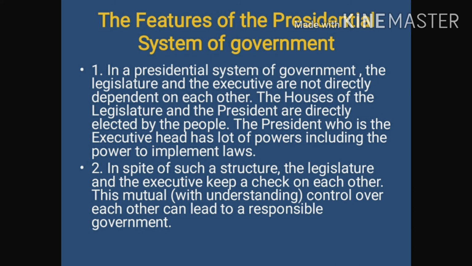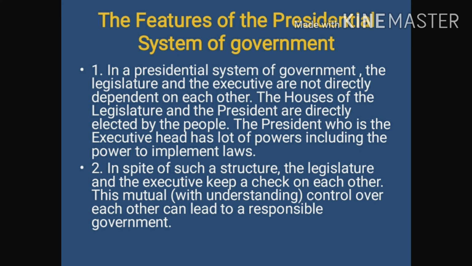Children, we have learnt about the presidential system of government, where the president is the executive, he is independent of the legislature, he is the head of the state. He has lots of powers. Using them, even he can implement the laws. Whereas the three organs, the legislature, the judiciary, and the executive, are independent, still they work in harmony because they have proper connections amongst them.